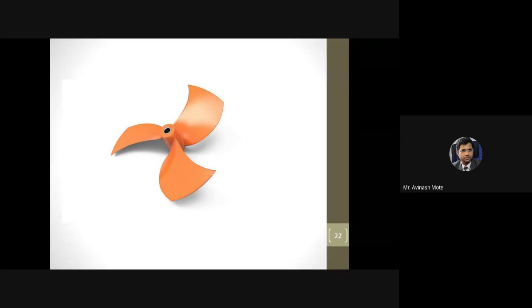Okay, so there are two ways, or you can consider there are two types of insert attachment. One is molded-in inserts and another is post-molded inserts. Got the meaning? Molded-in insert means what? When the material is in a liquid state, when we are pouring the material inside the mold, only at that time I will adjust this component, this insert. That's called a molded-in insert.